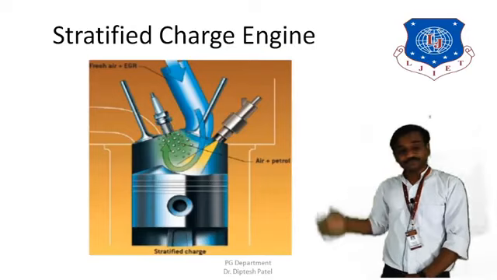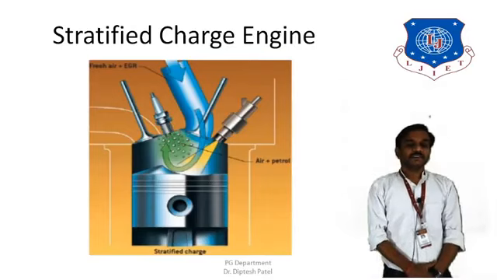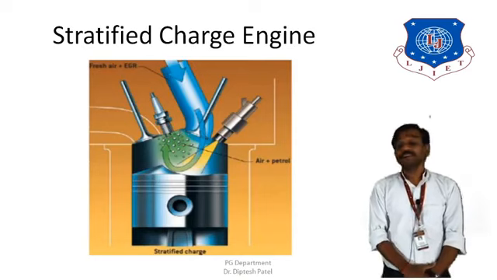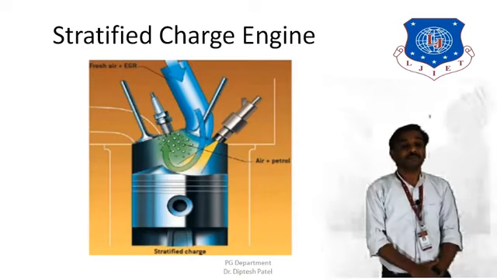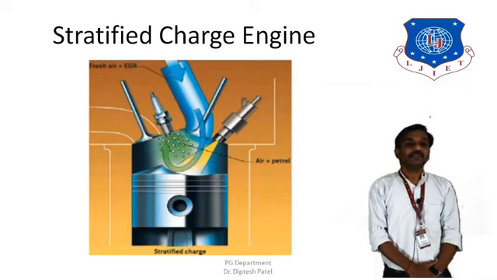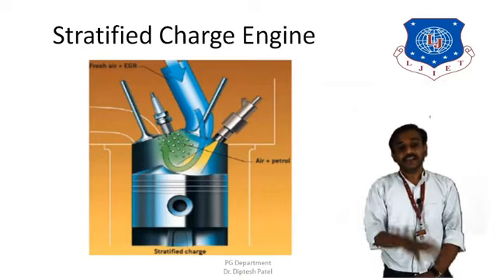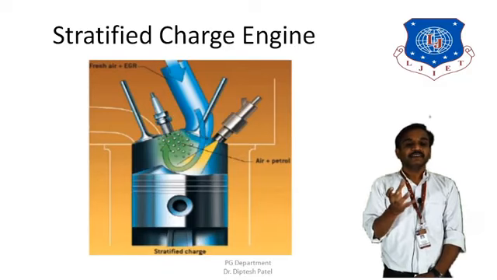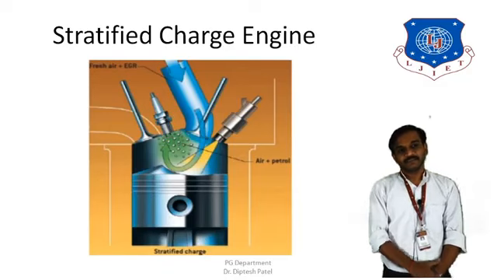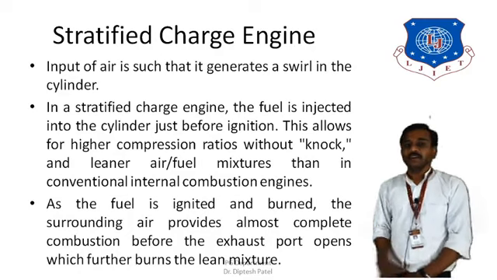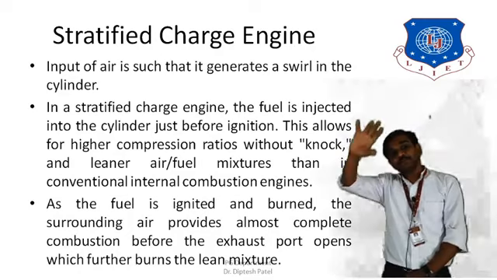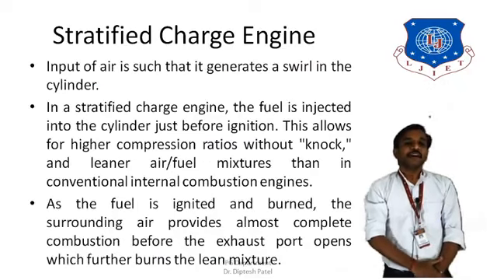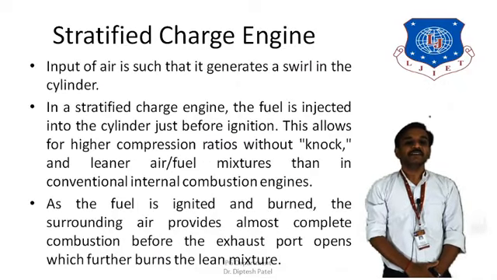And then, because the temperature would rise, it would ignite the remaining mixture. The fuel injector is also provided to supply the lean mixture into the engine cylinder. So that's how the working is pretty much similar to the petrol and diesel engine. Now as you can see, the input air which is coming in from the intake manifold would create the swirl in the cylinder.